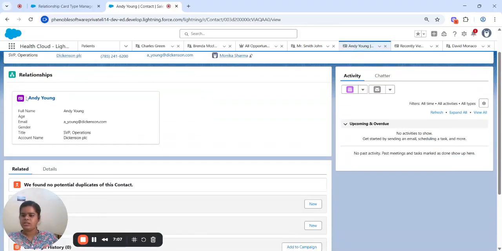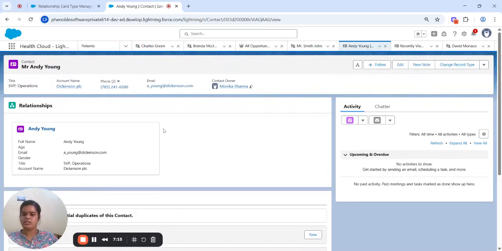Okay. So this is the relationship card, right? Which we created. And this is the section where we can see the relationship information in one place. So for example, I am only adding these fields, but you can add more fields which you want to show in this relationship card.